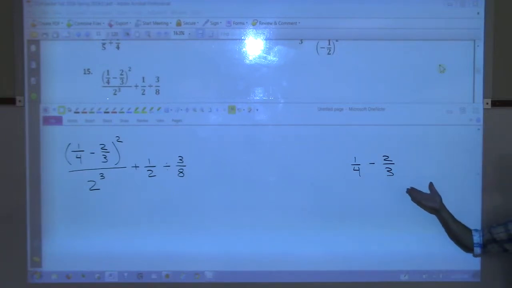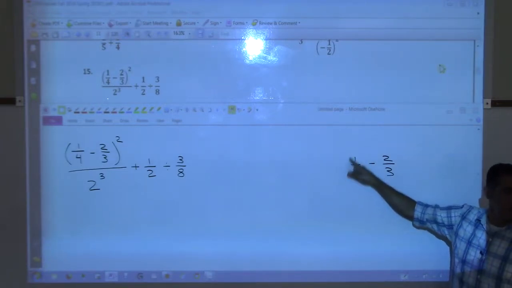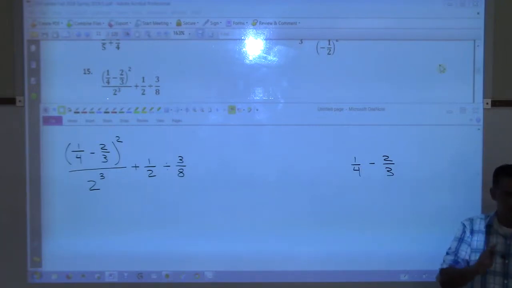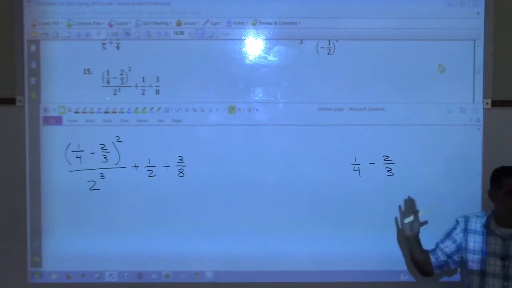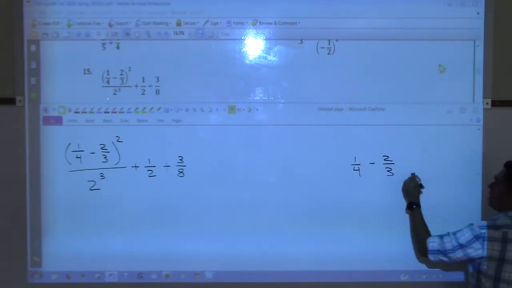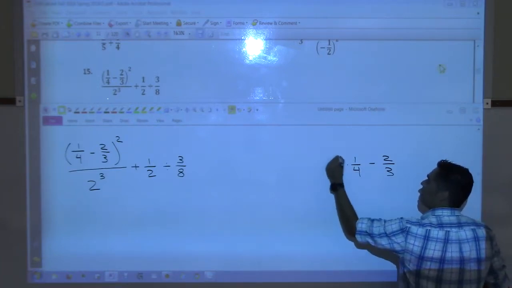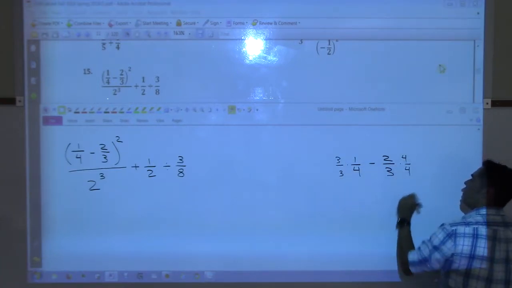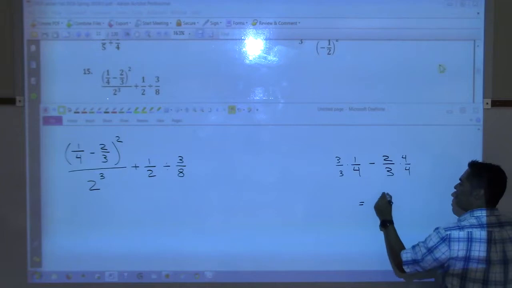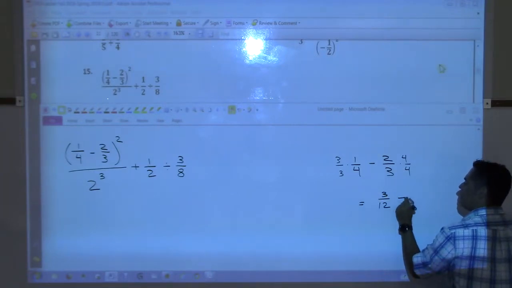If I were asking you to do this, how would you do that part right there? You find the common denominator. So you would do the common denominator. You would make this like 12 and multiply top and bottom by 3 here, and you go 4 here. So that little cross thing I showed you last class, you're not going to do that. That's fine. I showed you the other way if you wanted to use it. So Anissa's going to do it that way. She's going to multiply here 3, 3, 4, 4. And are you doing that mentally, or do you actually write it down? You write it down. Okay, so this will give you 3/12 here. And then minus over here, you'll get